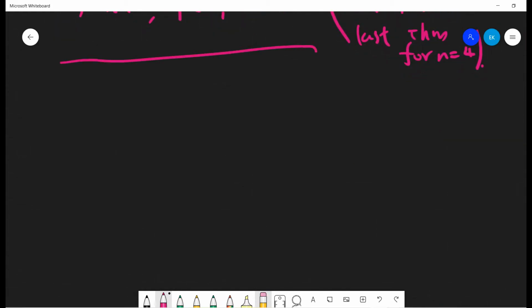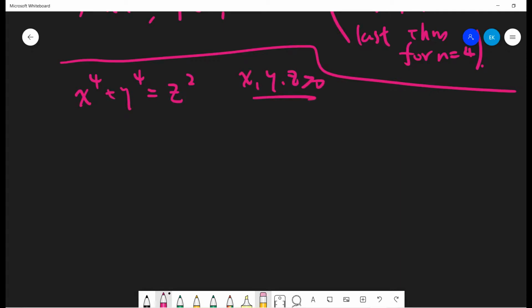Now let's give the idea. The proof is very lengthy and easy to make trouble, so let's see the first part. The first thing is I can assume that x, y, z are greater than 0 and have no common divisor. If there is a common divisor, then I can divide everything out, so they are coprime. And we can assume x is odd, y is even, z is odd. By the Pythagoras theorem,